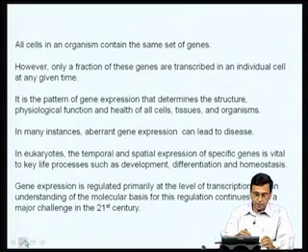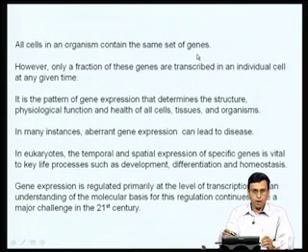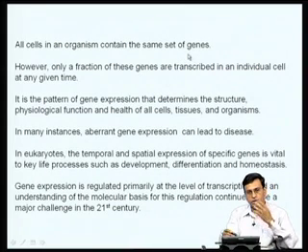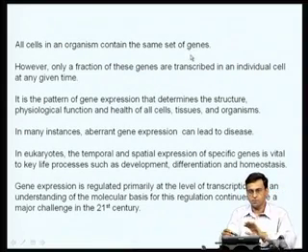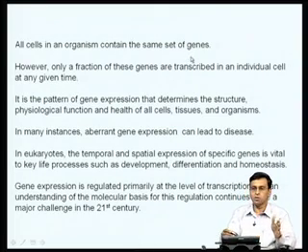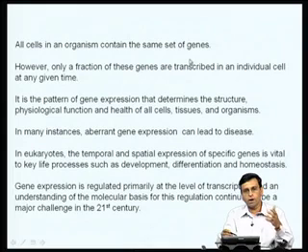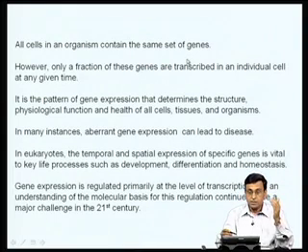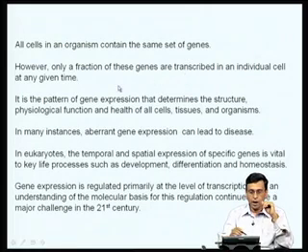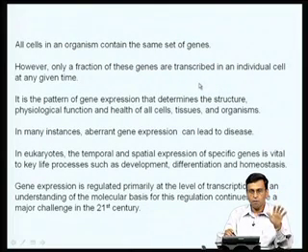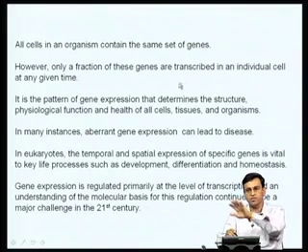Now, let us try to understand what the need is for regulating gene expression. All the cells in an organism contain the same set of genes. Whether you take a muscle cell, a liver cell, or a brain cell, the number of genes is more or less the same in all the cases. In fact, the human genome encodes about 30,000 to 40,000 genes, and every cell of our body has the same number of genes. But what is very important as far as gene regulation is concerned is that not all the genes are transcribed in any individual cell at a given time. The genes which are transcribed in a muscle cell are different from the genes which are being transcribed in a liver cell or a brain cell, and so on.